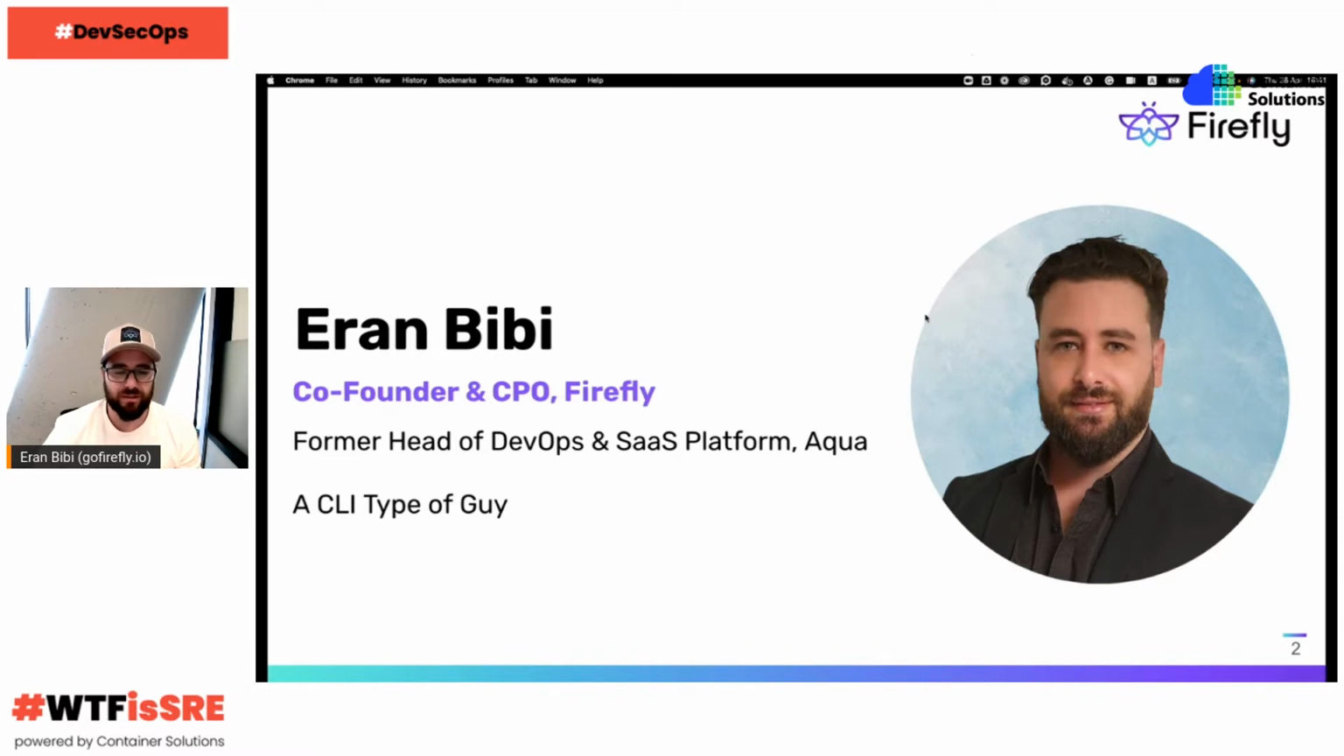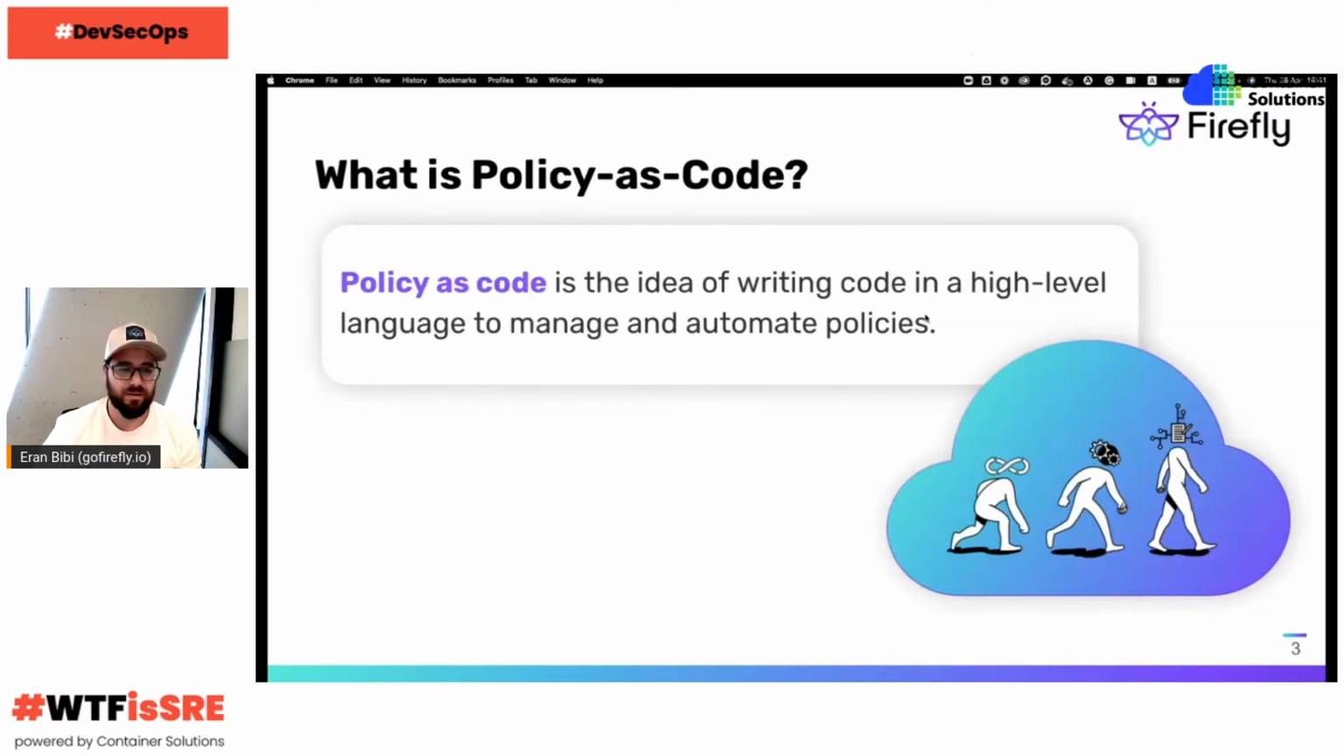In today's lightning talk, I will briefly discuss the policy as code concept, and more specifically OPA, which is a great framework to use to enforce policies in your organization, whether in your CI/CD or in your runtime environment. So let's start. Policy as code is basically a concept that was raised a few years ago with